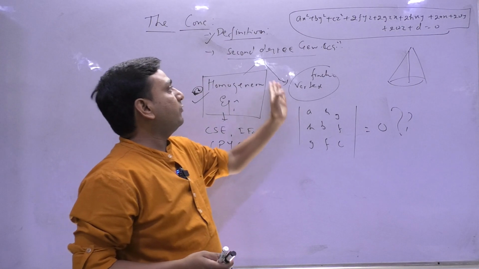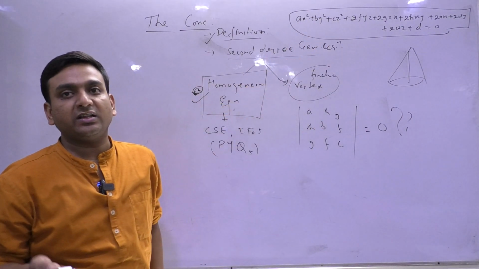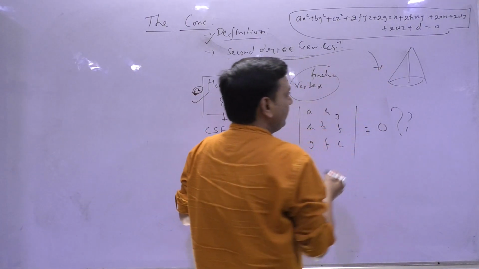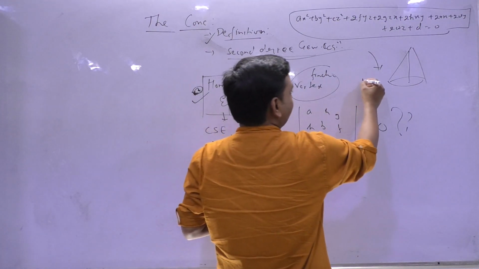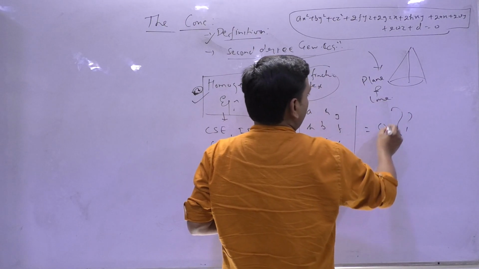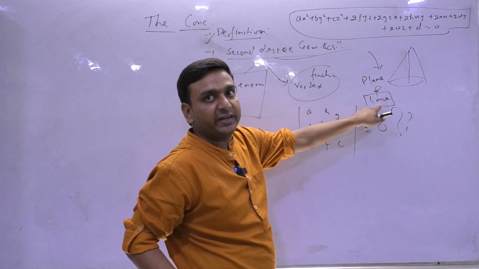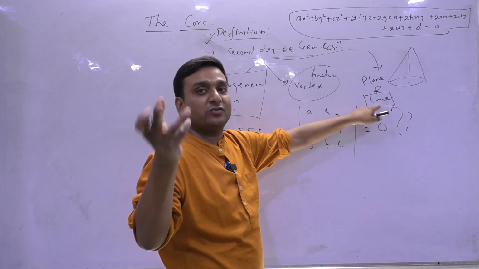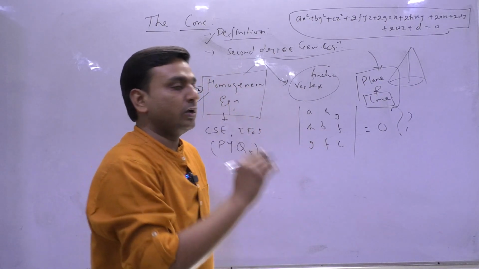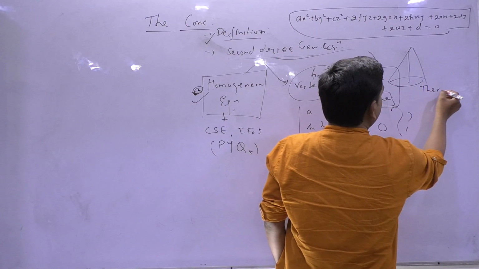Other is finding the vertex and the condition over the general equation that it is representing a cone or not. Other kind of problems we will have here is the same pattern like the sphere: plane and cone. So once we are given a plane and cone, and if it is intersecting this cone, then some conditions over that. So the other type of question is plane and cone.